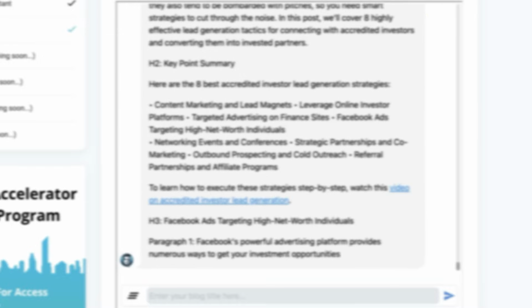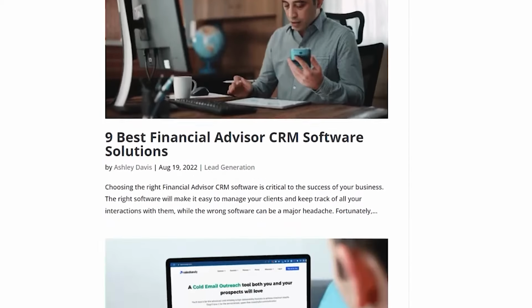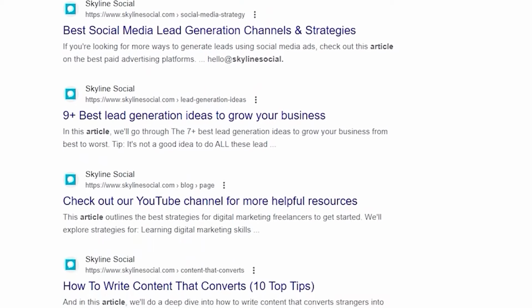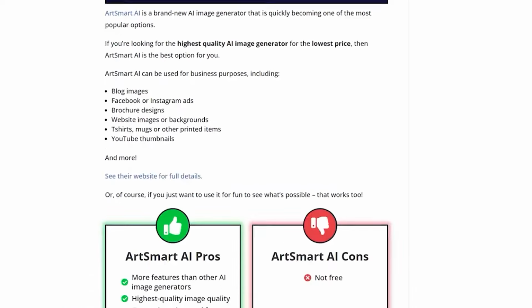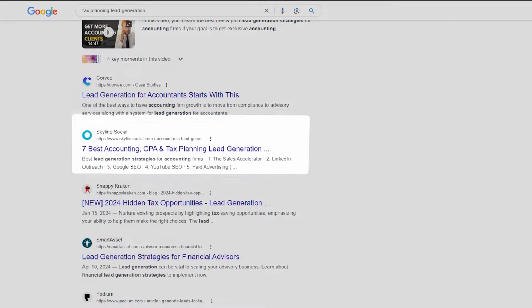And what if you could do this in the fastest way possible so that you can create more content to increase the chances that you can rank higher on Google and achieve topical authority? Because we know that the more content you create on a certain topic, the more Google will view you as an authority on that topic.